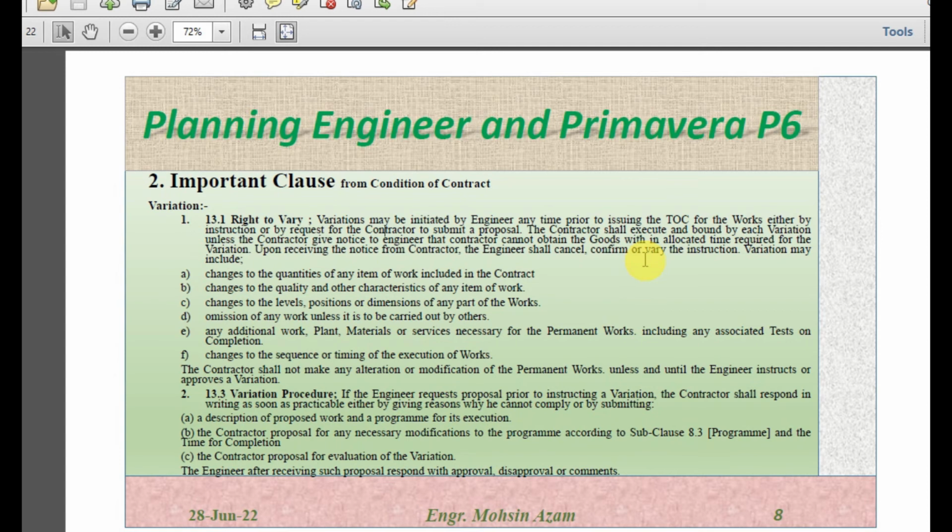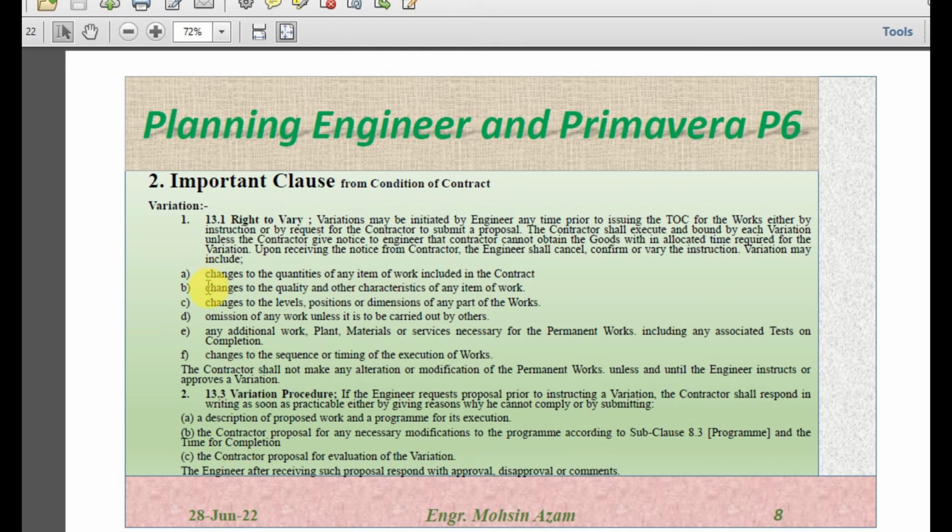material, he can give notice to the engineer regarding the situation, and once they agree on the variation, then the contractor can change the sequence or the procedure or the methodology of the permanent work. So unless the variation is approved by the engineer, the contractor should follow the same procedure as previous. And what is